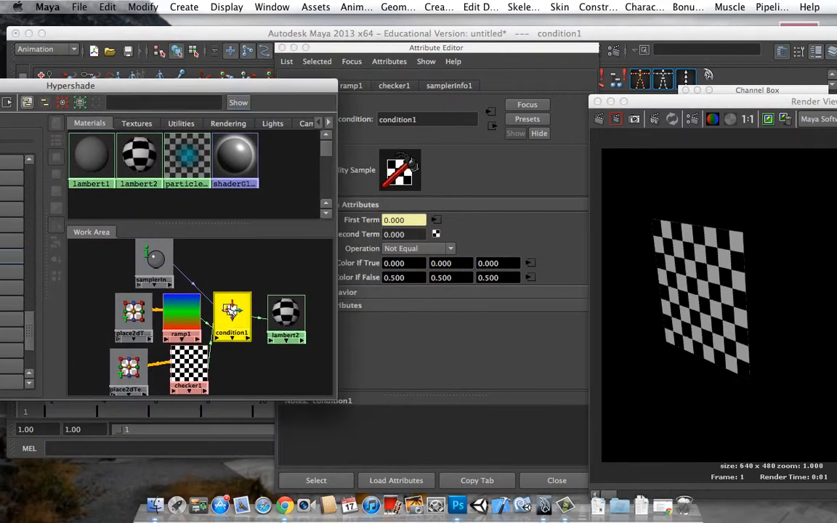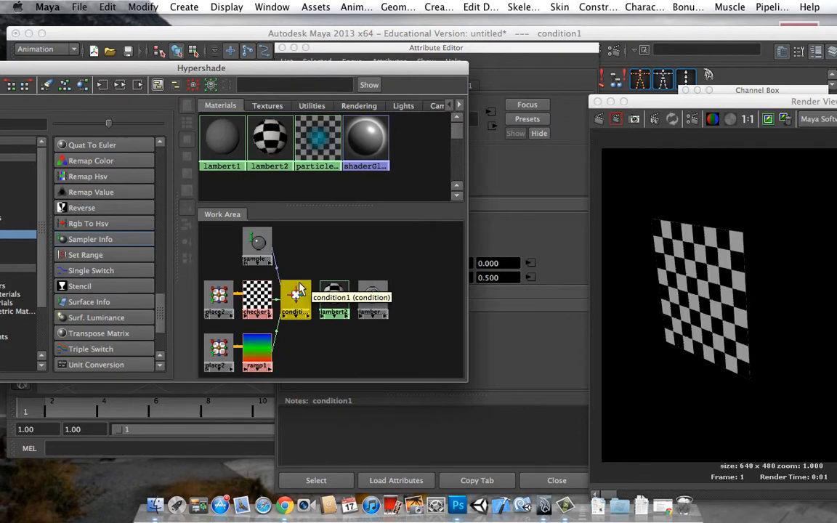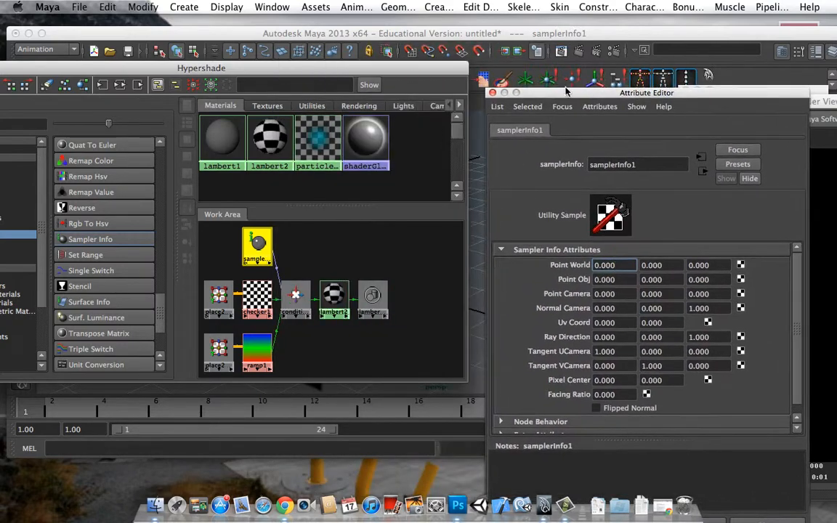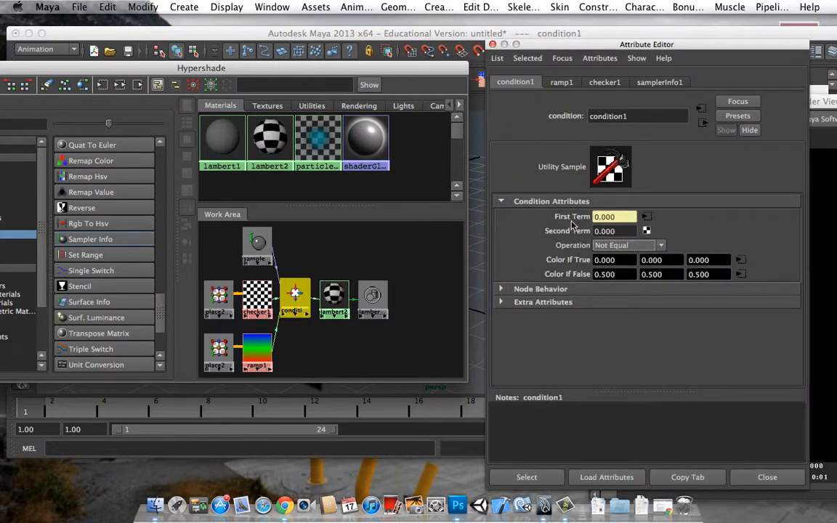So, just a little quick post-mortem on this: we have our material node, we have our sampler info node, which checks at time of render what's going on. We take the flipped normal, we put it in the first term, and we say, hey, if these guys are not equal, so when it's on one side of the surface, it returns a 0, and they're equal, and it does the false, which is our ramp. And if it returns a 1, it's not equal, then the statement's true,